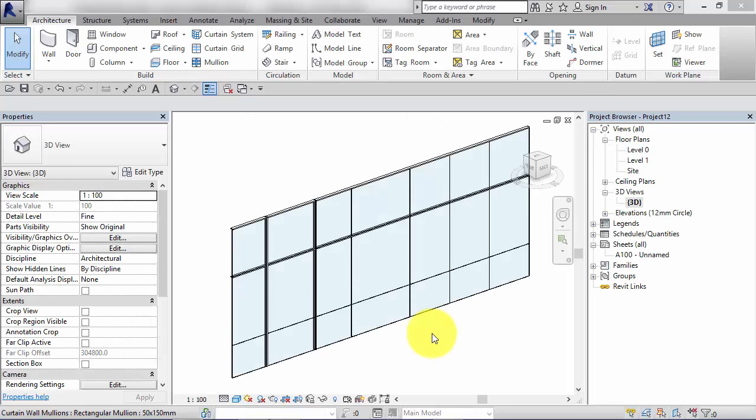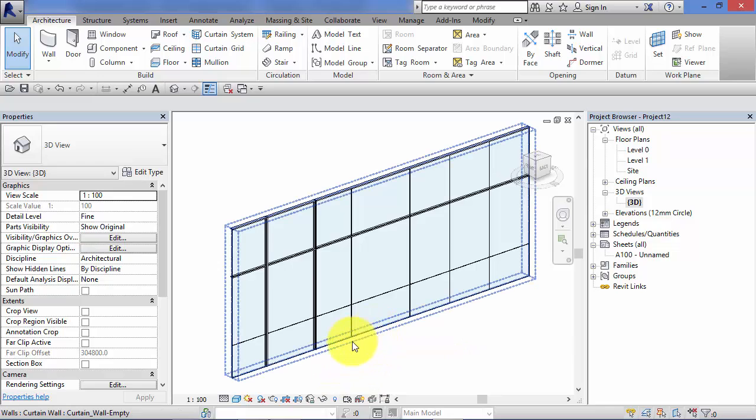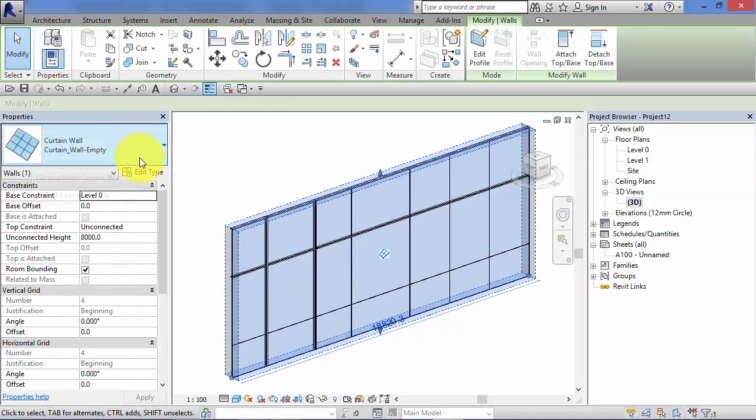In this unit I'm going to show you how to make a curtain wall from scratch in Revit. Just before I do so, I just want to explain the basic building blocks of what makes a curtain wall in Revit. So if we look at this simple example, first of all we have the overall piece of wall. So we have an instance of wall. I can select it and we can see in the properties palette that it is a curtain wall of the type